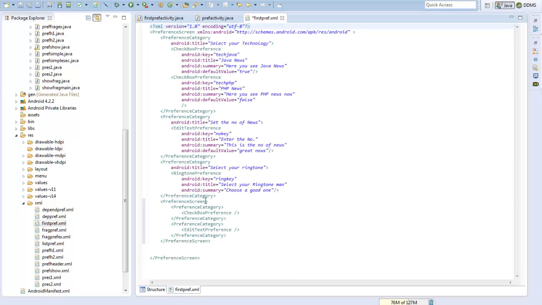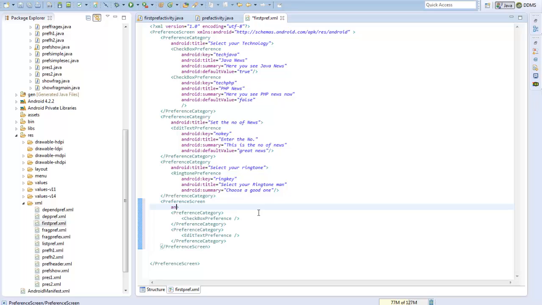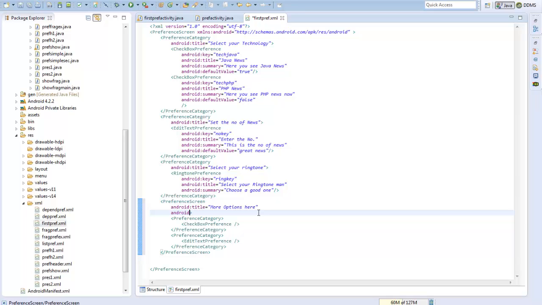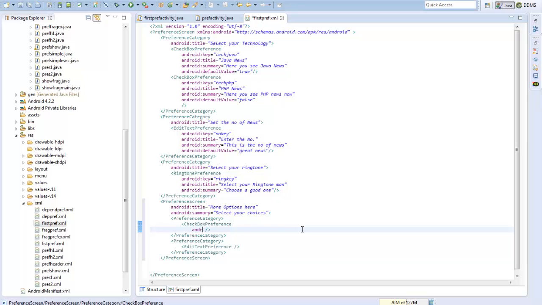Now to the second preference screen I can add any title, more options here, and I can add any summary to this. Select your choices, and then I can add something to my checkbox preference. I can say Android title, and I can say wish to have newsletter,